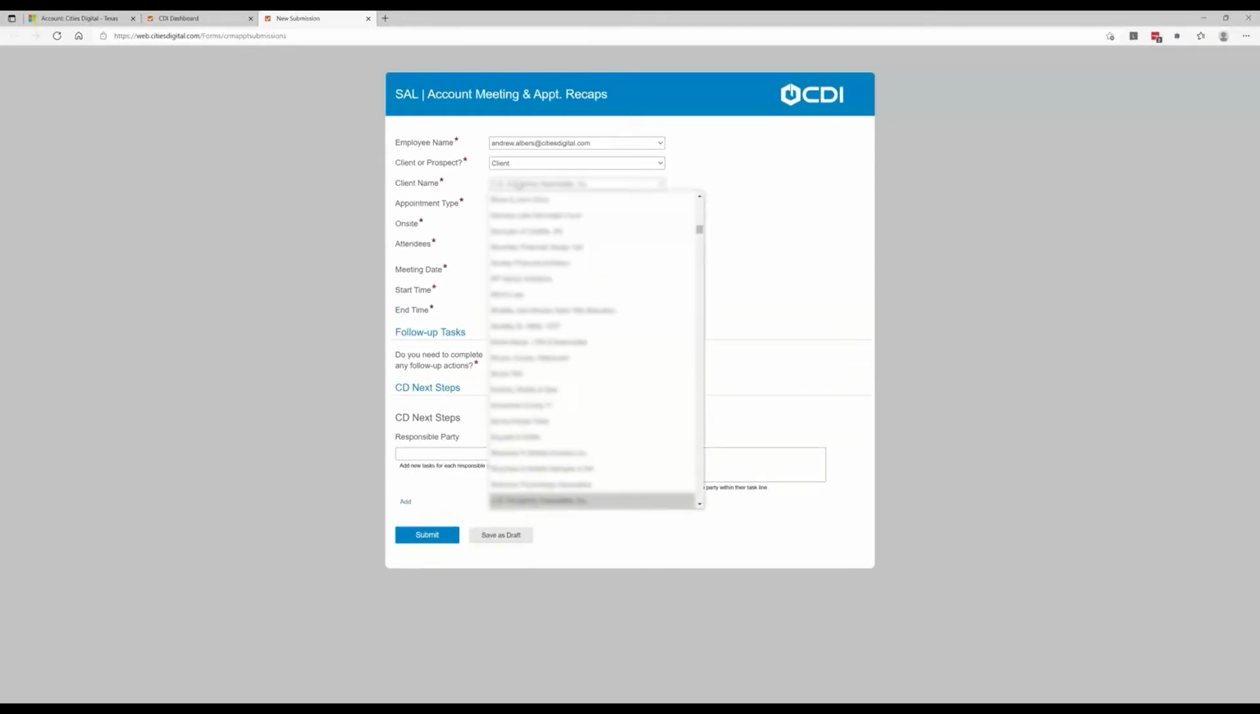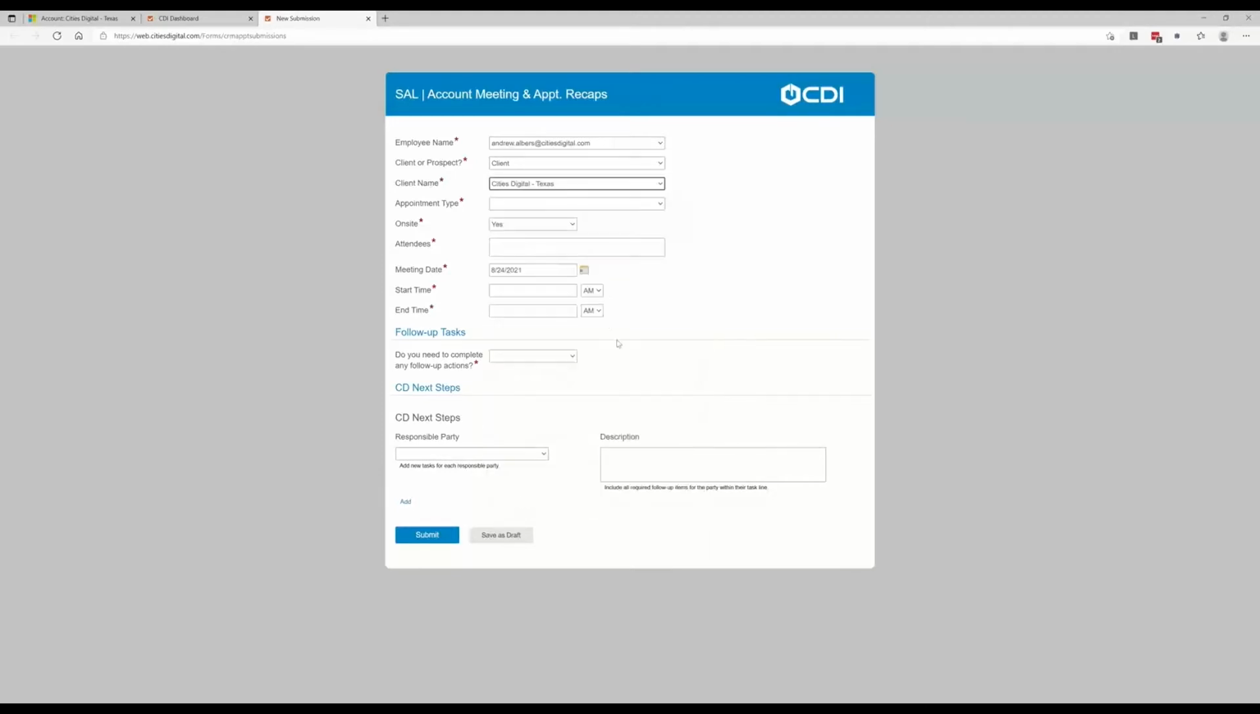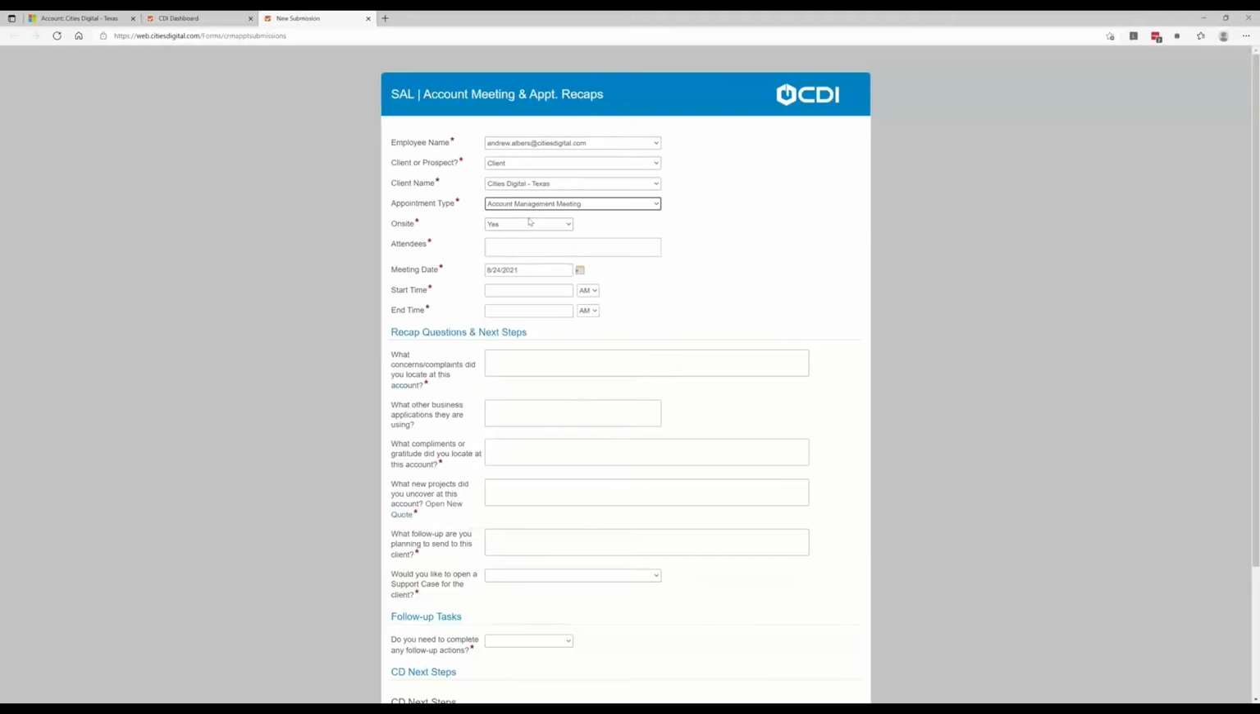And then here we have another drop-down for our client. So for our demo here, we're going to select Cities Digital. The appointment type here, so again, there's various appointment types, and depending on the appointment type that you select, the form dynamically changes. So for our demonstration today, we're going to show the account management meeting form. So as you can see, it dynamically presented us with more fields that need to be collected before this process gets